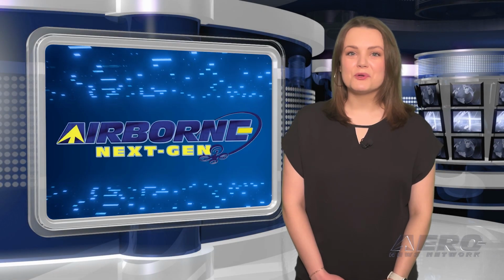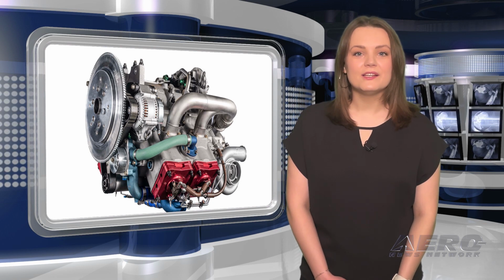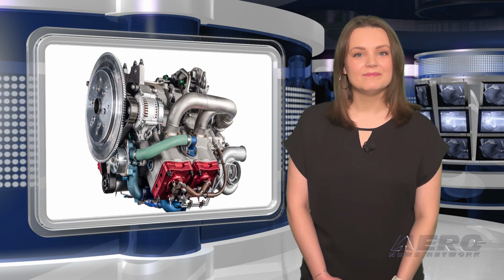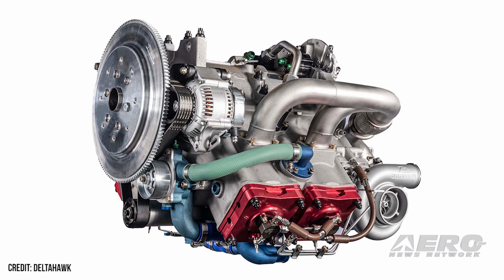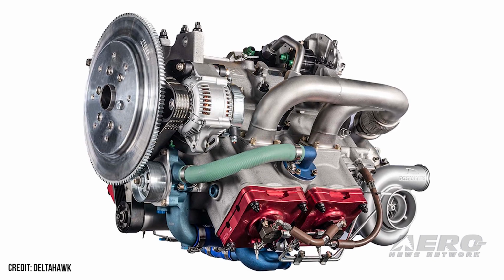Welcome back. Now for some shorter stories in our Next Gen Minute. DeltaHawk DHK 180 engine earns FAA certification. The DeltaHawk DHK 180 has received FAA certification and is on its way to production of the jet-fueled aircraft piston